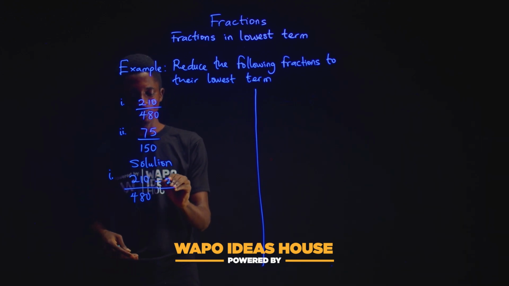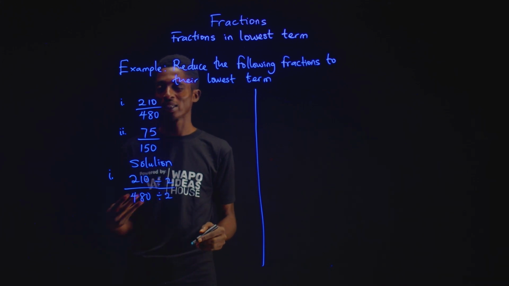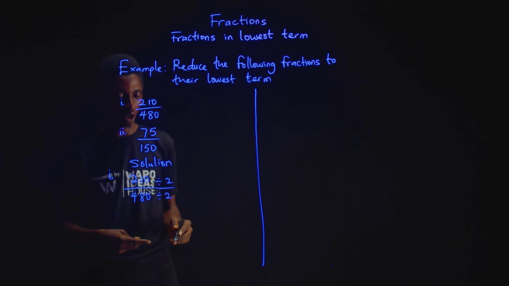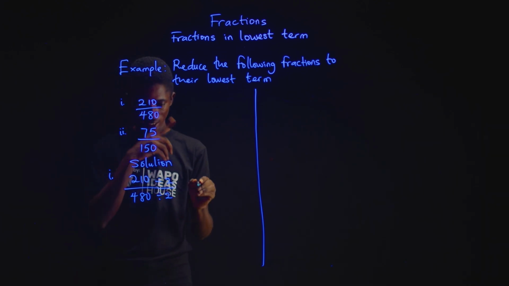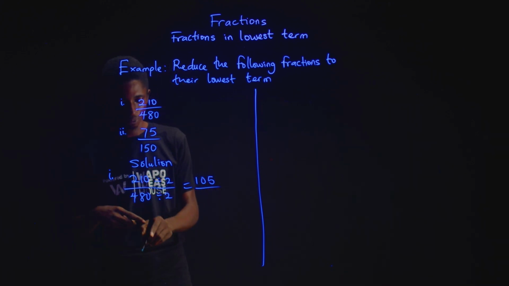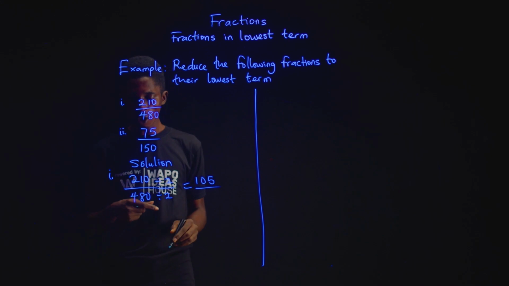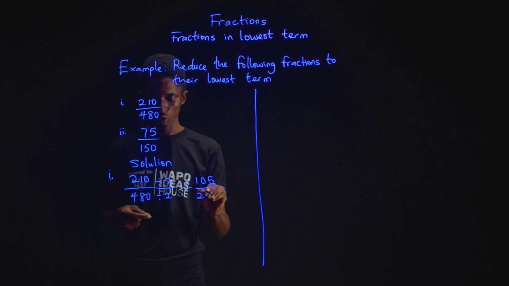So first dividing by 2. Remember, divide both numerator and denominator by the same factor. And it has to be a common factor. Now, 210 divided by 2 would give us 105 over. Now, 480 divided by 2 will give us